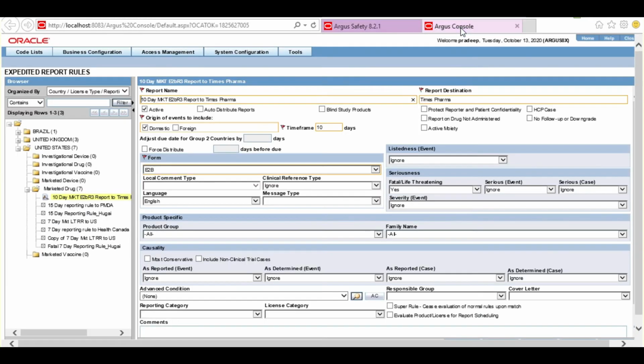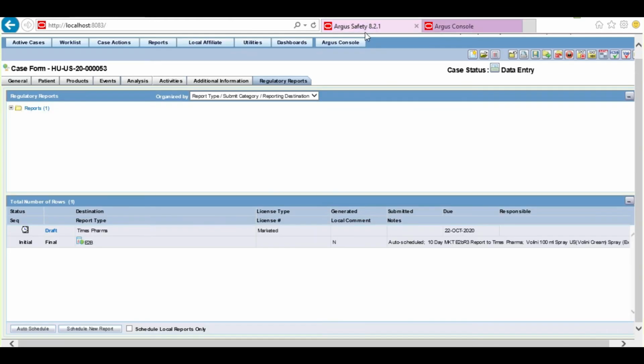In the reporting rule, we have specified the condition that the case should be either fatal or life-threatening, and the product that is used in the case should have a US based license of a marketed drug, and it should be a domestic case, which means the country of incidence should be United States. So the same has matched.